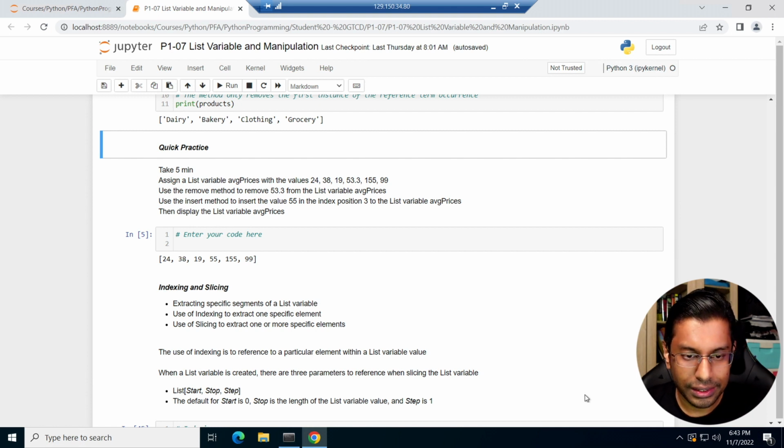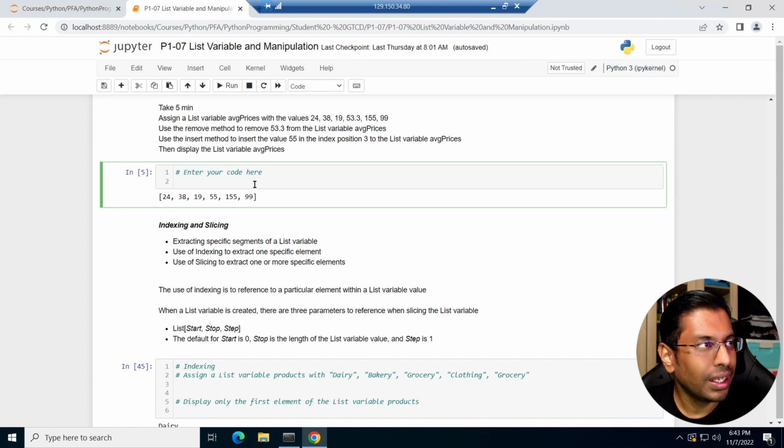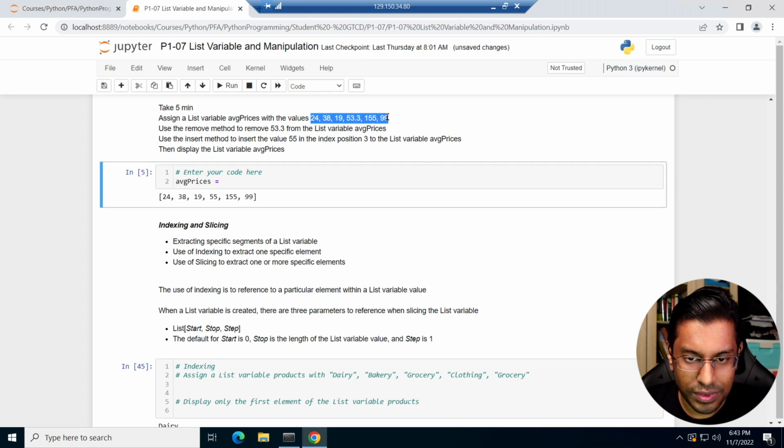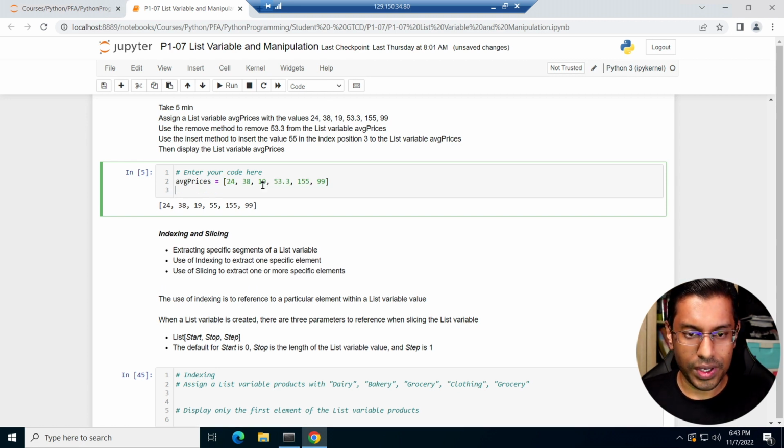Okay, getting to answering the question now. Let's see how this is done. Okay, so create a list of average prices with these values. Right, now moving to the next step, I want to remove 53.3. So it's actually quite simple. Average prices dot remove